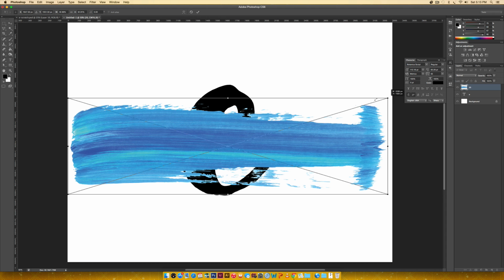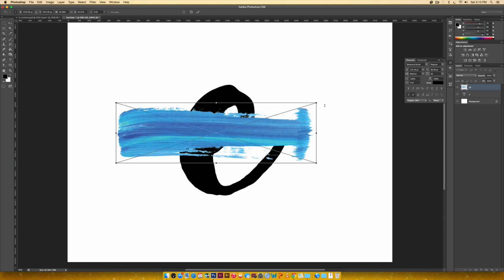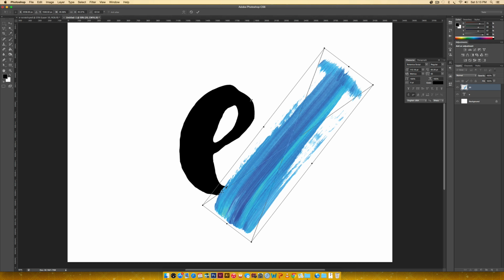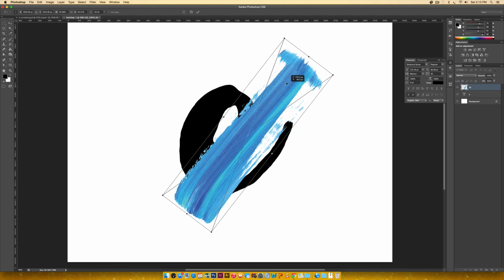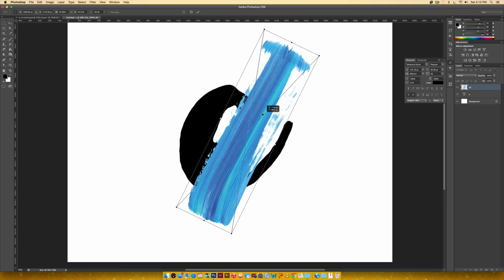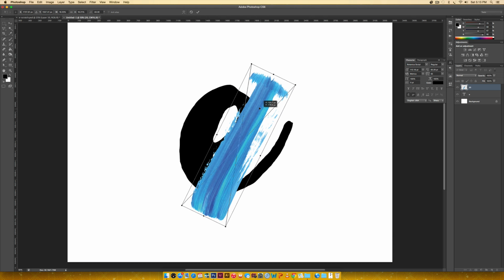So I'm going to scale this down slightly, and the next thing I'm going to do is rotate this somewhere between this angle, because I need it to curve a little bit up here and I need it to curve a little bit down here. So I'm kind of finding some middle ground. That way I don't have to overcompensate on one end or the other. It's kind of the same. I'm going to scale it down a little bit more. And then when I'm happy with the angle that I've rotated it at, I'm just going to hit Return or Enter on my keyboard. Next, I need to be able to see the E behind this paint streak texture, so